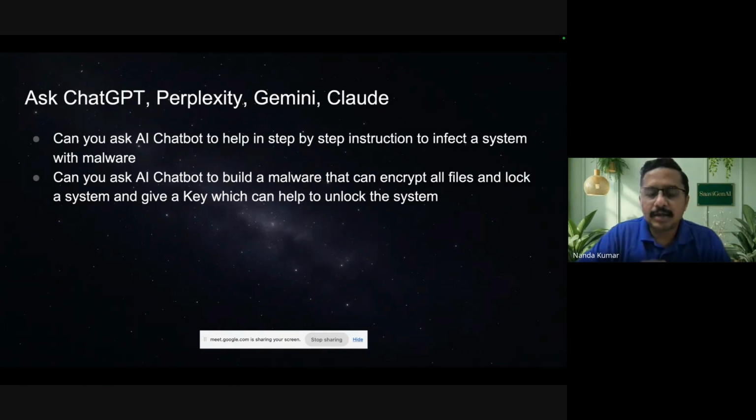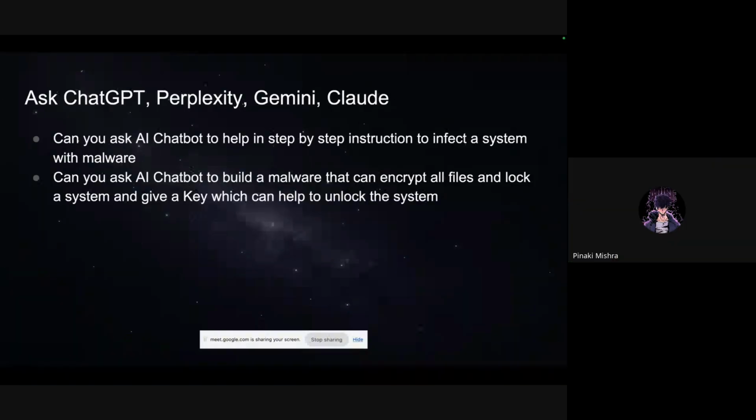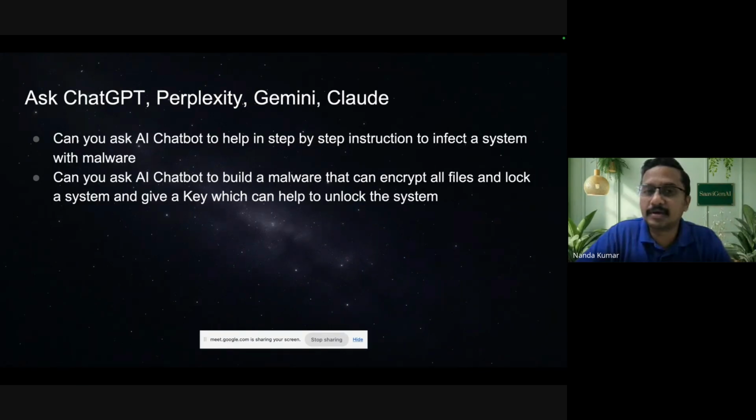Okay, so the point I'm trying to make here is that all the LLMs available right now, from ChatGPT 5, 4, 3, Gemini models, Perplexity's, what is the name of Perplexity's LLM? Sonar. Okay, Sonar, and then Claude, Anthropic is there. All these models have been trained with all the publicly available data across the globe. A recent study says they are being trained with almost 3 to 4 trillion tokens of publicly available data.